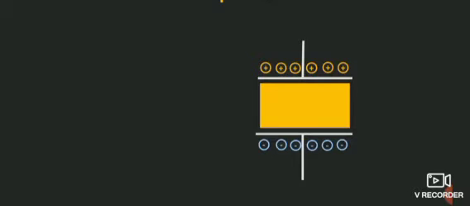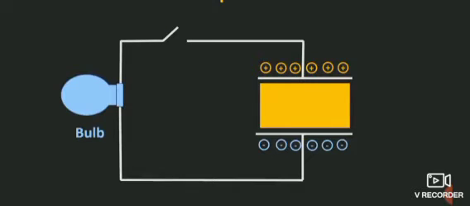Assume that there is a uniform charge density over the plates and dielectric medium. See the diagram. If the switch is open, the bulb will not glow, since there won't be any electric field. The capacitor is used to store electrical energy. Now the capacitor has electrical energy. If the switch is closed, the electrons will move from the negative plate to the positive plate. Therefore, the bulb will glow.